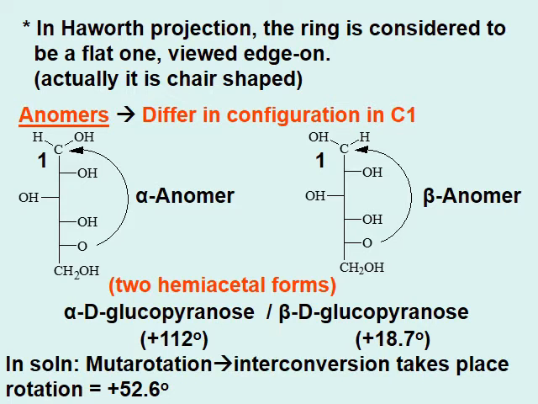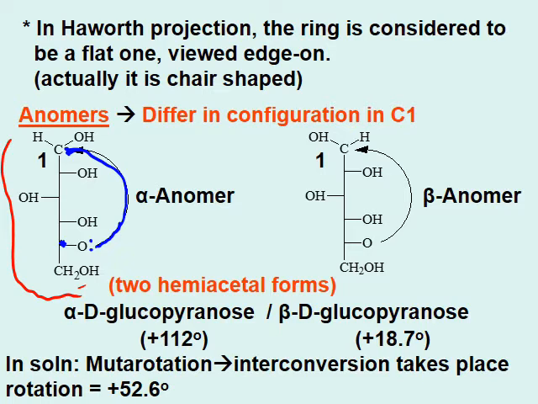Now, what is an anomer? Let me show you here the formation of an anomer from the non-cyclic Fischer projection. What you're looking at is the Fischer projection of glucose. Now, what happens is the oxygen of this chiral center, this oxygen with pairs of electrons, gets bonded to the carbon that's the aldehyde group, and it makes a ring structure like this. And at the same time, since this is a six-membered ring, it's called